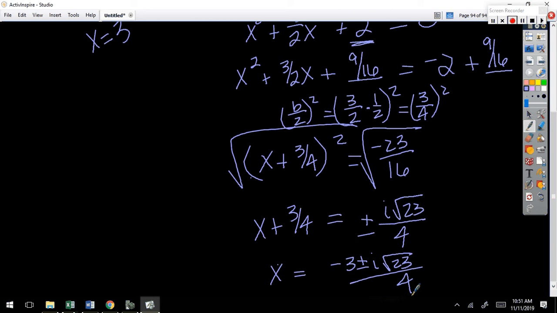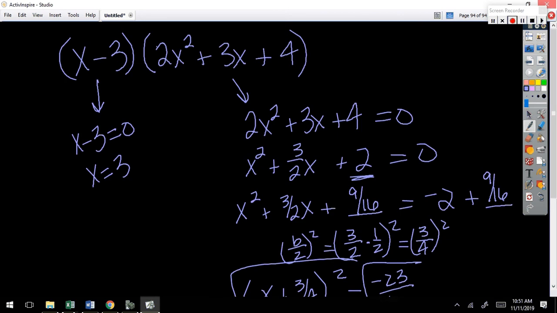And if you think, remember the quadratic formula is just a derivation of completing the square. So if we were to put it in vertex form, it would just be x plus 3 over 4 squared plus 23 over 16. Okay. All right, so there you go. There's 2 solutions, plus or minus. Wait, how do you know that that's 2 solutions? Plus or minus. Oh, right.